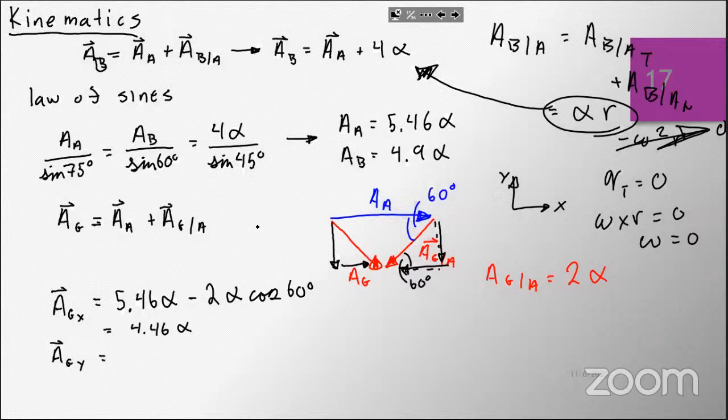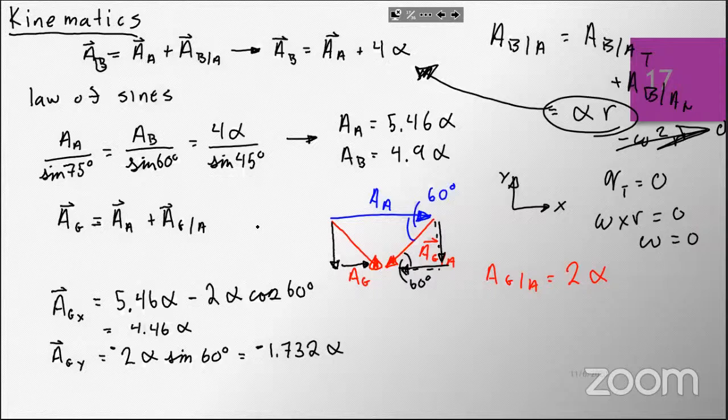And the only thing we have to worry about in the y direction is 2 alpha sine of 60 degrees. And that's negative because it's pointed downward. That's going to give us negative 1.732 alpha. So we have everything in terms of alpha. So what we're setting ourselves up for here is we are going to take all of these equations, and we're going to have to solve 3 equations with 3 unknowns. I'm going to solve all these equations to get alpha,